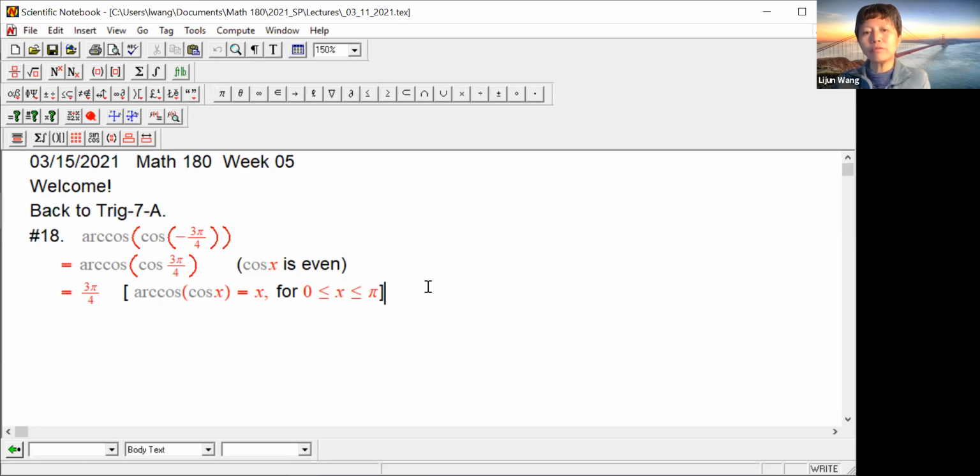Right, you can see even function, odd function sometimes is very useful. Of course you can use the definition, but sometimes it gives you a little shortcut. But anyway, do you guys have any other questions? If you don't have any questions,